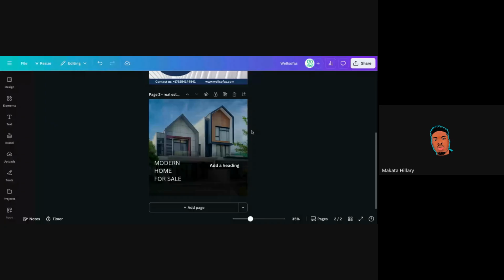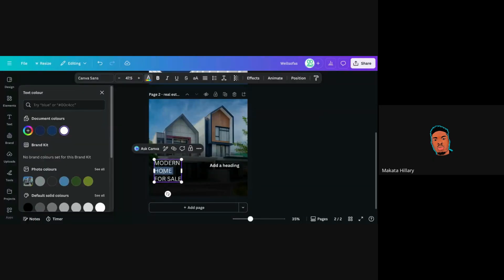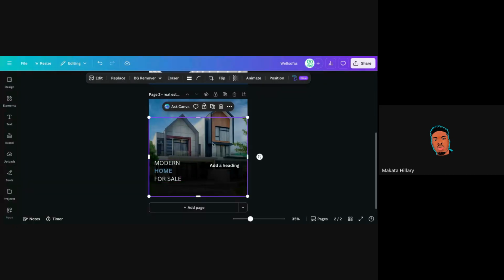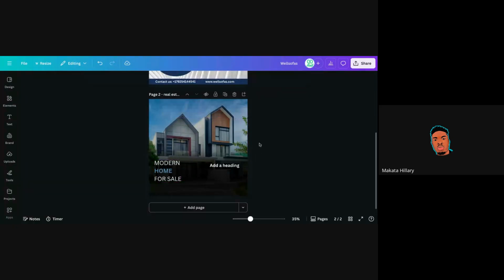Now, I'm going to make home, modern home, because the home is important, very, very important. I'll make home bold, and I'll also change the color of home. Now, I'm going to pick a color from this house. Let me just pick a color from the house. Once I pick a color from the house or from the sky or anything,